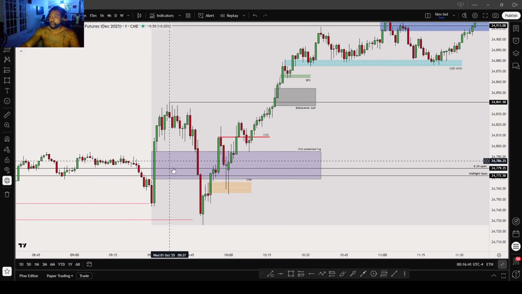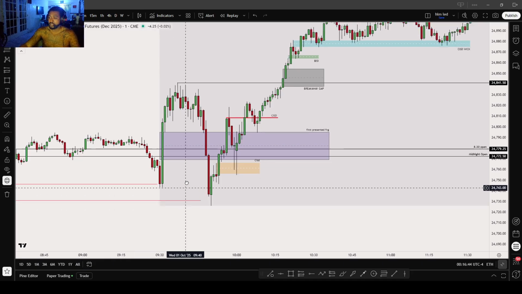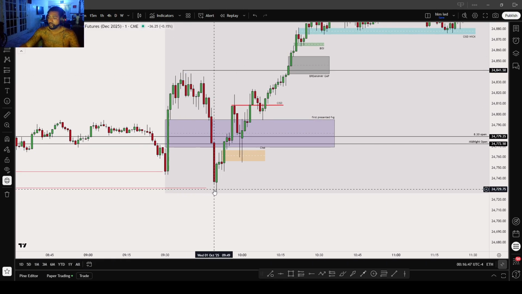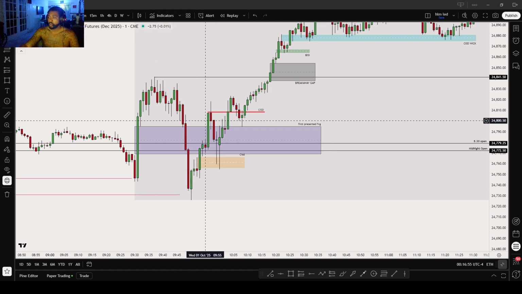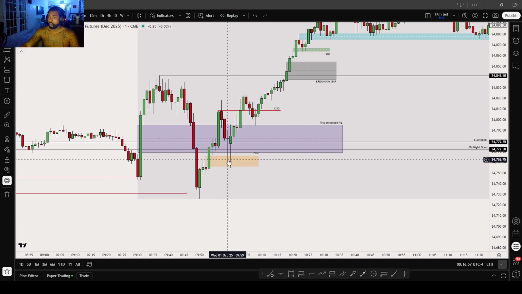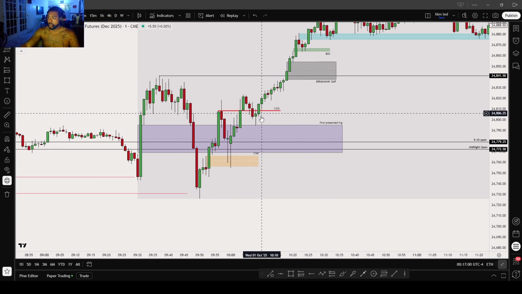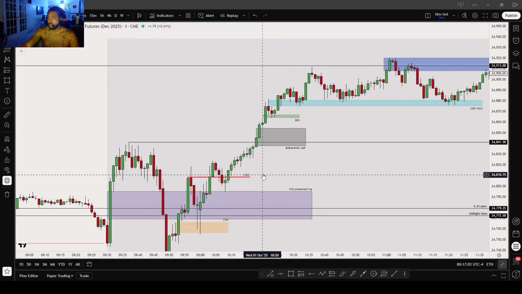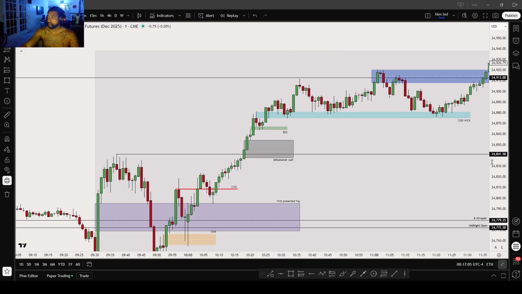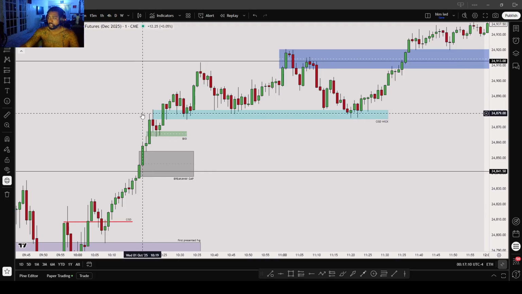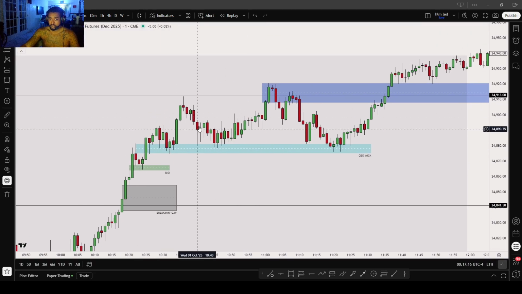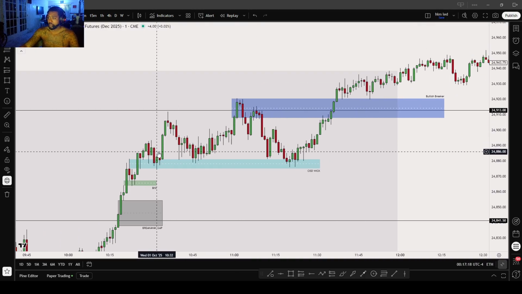So we get the back and forth, back and forth, back and forth, sweeping out this liquidity sell side right here, generate these highs. It's 9:50. We get the macro. Right after the macro, that's when we started actually getting good proper order flow. Sweep came up, respected the first position fair value gap. We tested this change in the state right here, expanding up, test the first position fair value gap one more time, rally, leaving breakaways beneath us, come up, respect this BISI, come back up, respect this change in the state, aka order block. This is just the wick. See how it respects the wick, respect the wicks, respecting only this wick.